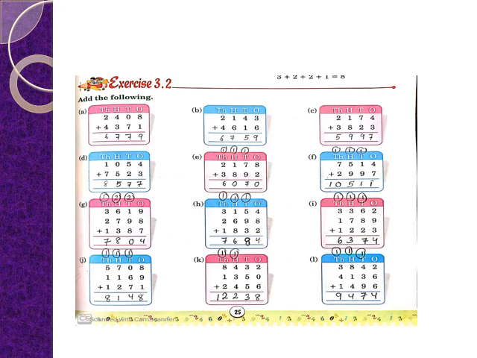3619 plus 2798 plus 1387. 9 plus 8 is 17, plus 7 is 24. 4 carried 2. 1 plus 9 is 10, plus 2 is 12, plus 8 is 20. 0 carried 2. 2 plus 6 is 8, plus 7 is 15, plus 3 is 18. 8 carried 1. 3 plus 2 is 5, plus 1 is 6, plus 1 is 7. So the rest of the sums you can do that way.